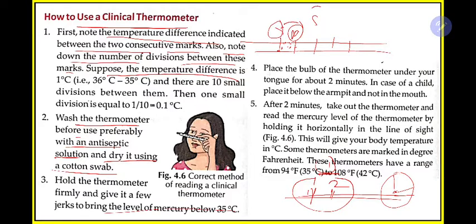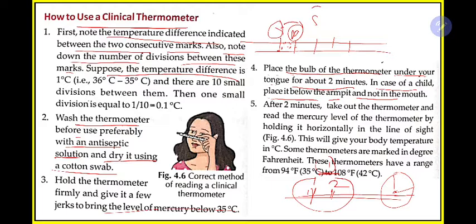Celsius. Place the bulb of the thermometer under your tongue for about 2 minutes. In case of a child, place it below the armpit, and not in the mouth. Okay, what they're saying is, if you are an adult, that means if you are mature enough, then you have to place it under your tongue for about 2 minutes, with the bulb end, the side where the mercury is present, for 2 minutes. And in case of kids, you have to place it in the armpit,